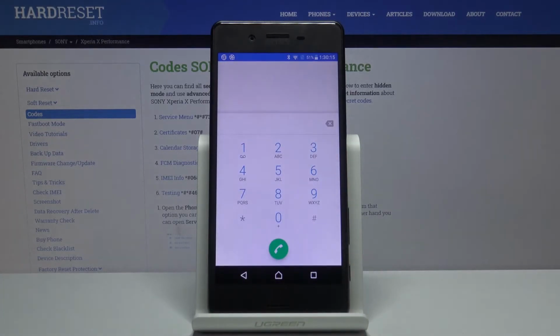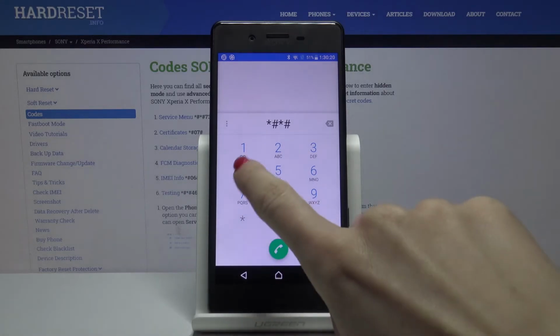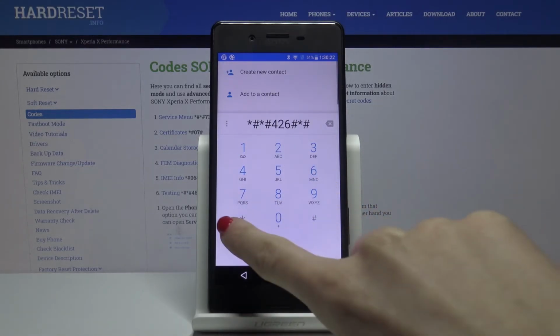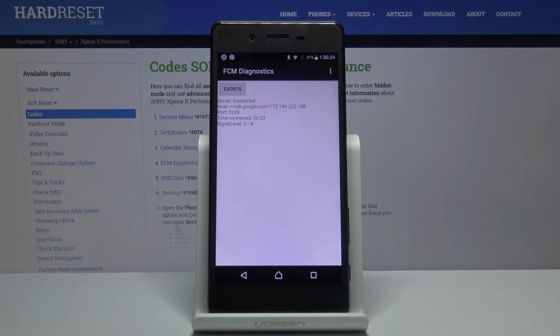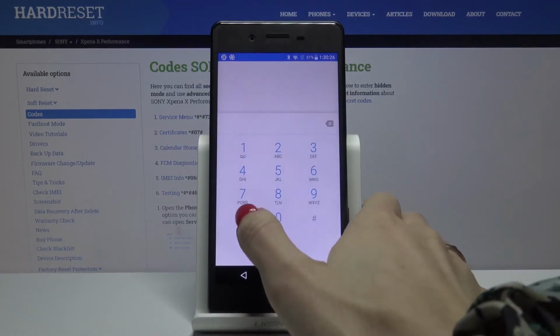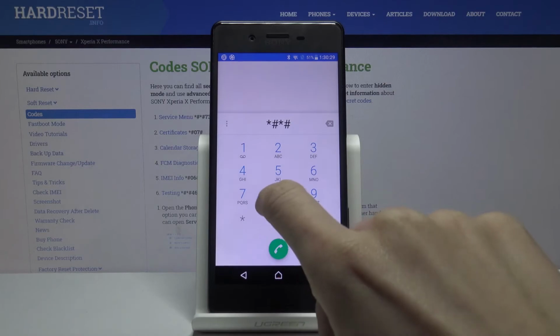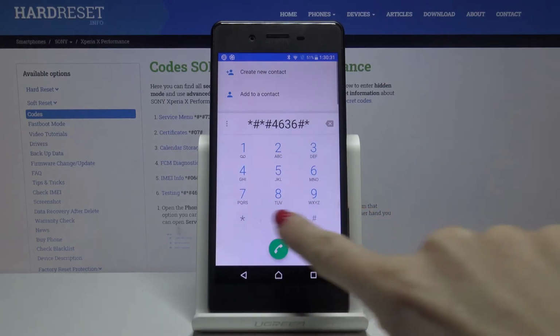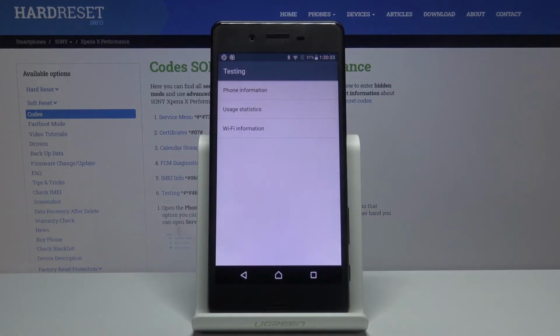Let's go back. And another code that you can use is *#*#4636#*#*. I mistyped it and also misspelled it at first. It's *#*#4636#*#*. Obviously 426 was previously shown, so just enter this one, and here you can check phone information,